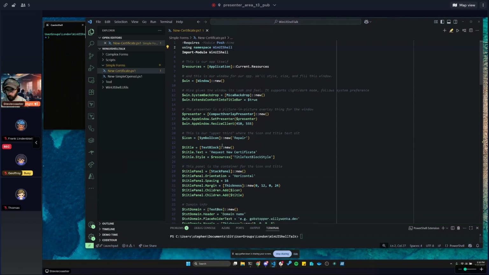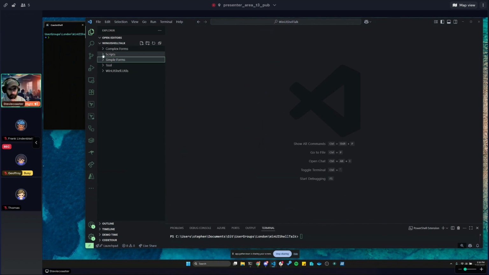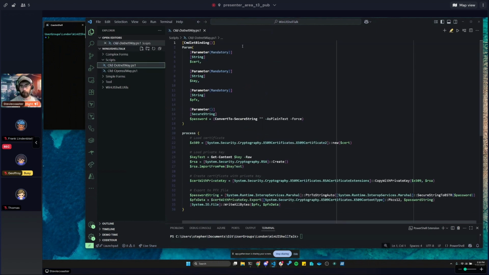We're going to start kind of backwards, right? So if we take a look in my scripts folder, we've got a couple of different ways to do the same thing. In this script, which is just a PowerShell script, we are converting a certificate and a key into a PFX file